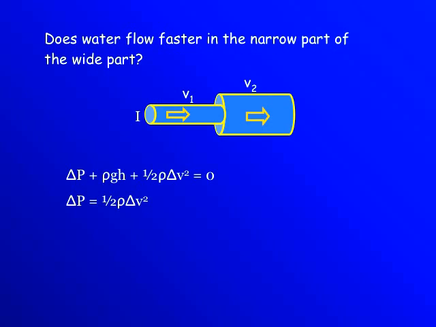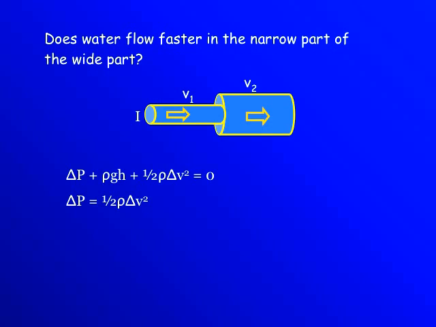Since it slows down to V2, it's losing kinetic energy. So where does the kinetic energy go? It doesn't go into gravitational energy. It's not lifting up any higher or lower. The water is simply slowing down without changing height or pressing on any springs or making any chemical or nuclear changes. So what happens to the kinetic energy?